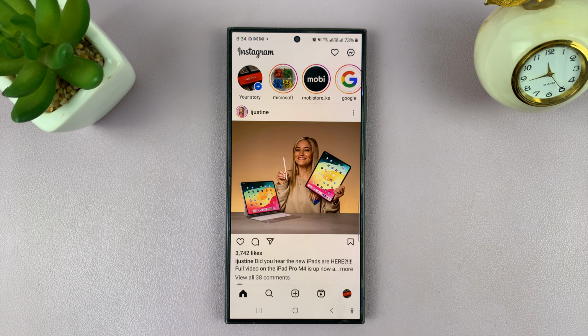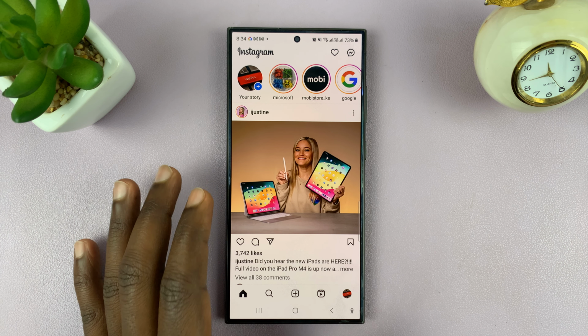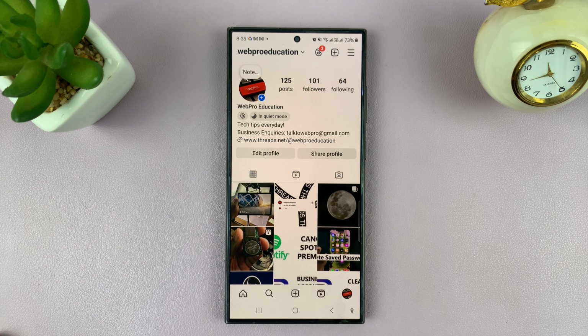So today I'll be showing you how to stop people from embedding your Instagram posts in their websites. And we can do that by disabling website embeds. So this could be just regular posts. It could be Instagram Reels. If you don't want people embedding those into their websites, simply tap on your profile icon in the bottom right